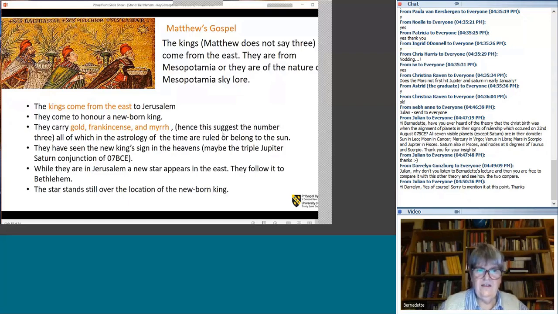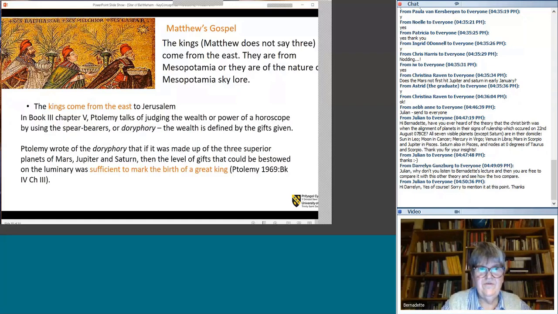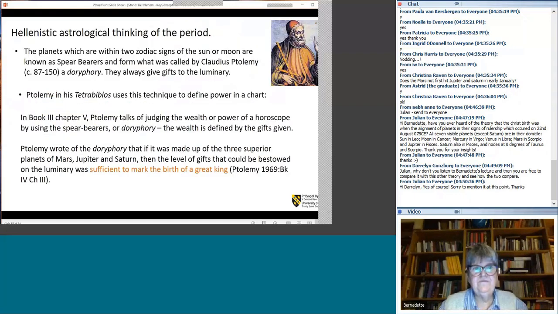They've seen the king's sign in the sky. It could be the triple conjunction of Jupiter and Saturn, if we think that they're people. And while they're in Jerusalem, a new star appears in the east. They follow it to Bethlehem, and then the star stands over the location of the newborn king. There's a lot the astrology has to do to satisfy this, but let's play with this a little bit. The first thing, and this was the first thing that really caused me to raise an eyebrow,